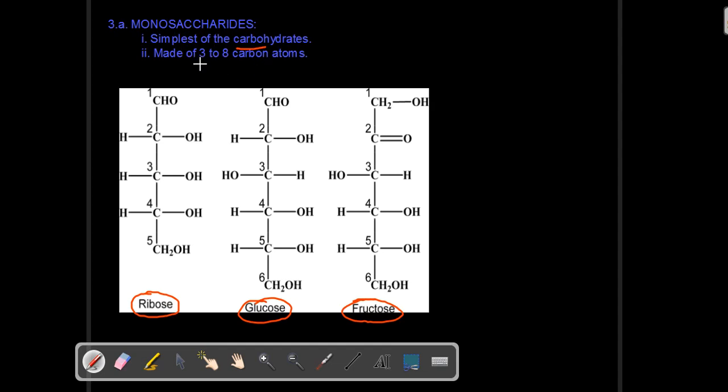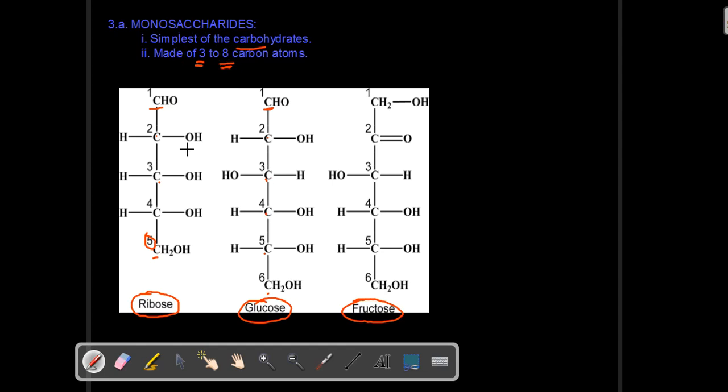And what kind of carbohydrate is a monosaccharide? What is the other important property? A monosaccharide is made up of a minimum of 3 carbon atoms to 8 carbon atoms. Let us have a look at this. Ribose is made up of 5 carbon atoms: carbon atom number 1, 2, 3, 4 and 5. Similarly, glucose is made up of 6 carbon atoms, 1, 2, 3, 4, 5, 6. And likewise is the case with fructose, which is made up of 6 carbon atoms. So any carbohydrate that contains a minimum of 3 or a maximum of 8 carbon atoms is known as a